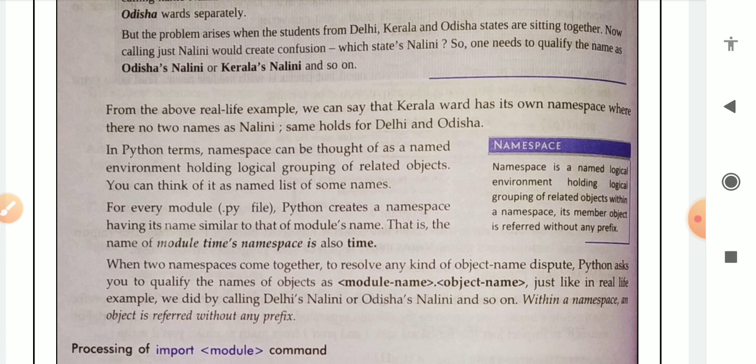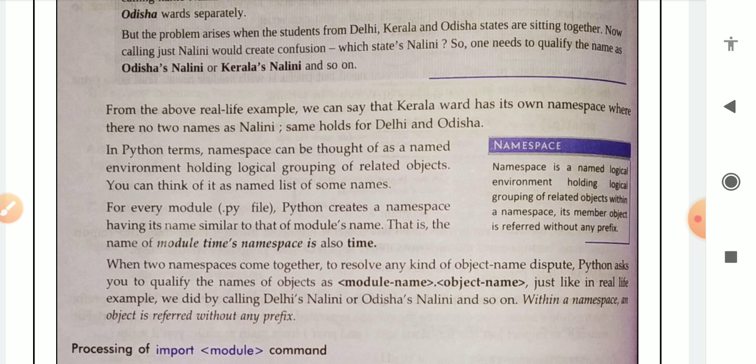Means if the module name is math, then the name of the namespace will be math. If the module name is time, then the name of the namespace will also be time. For every module, Python creates a namespace. So we can simply say that a namespace is an environment holding a logical grouping of related objects.